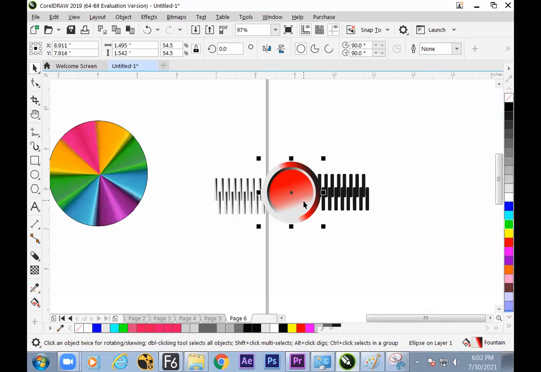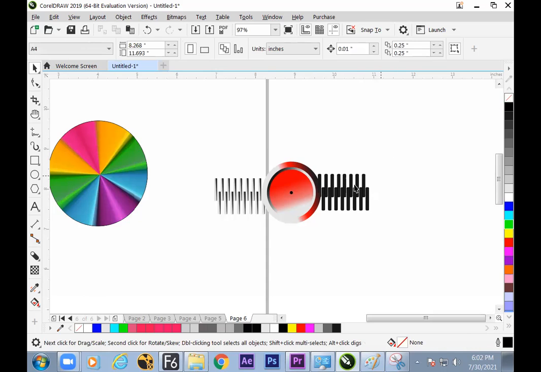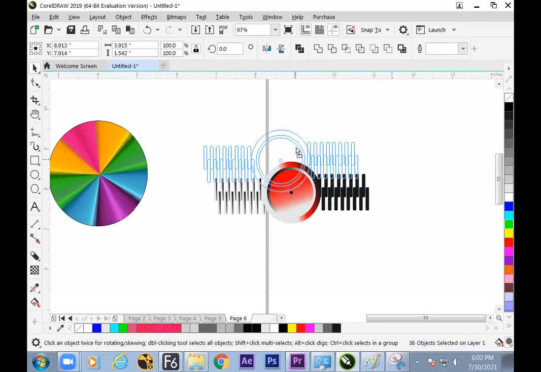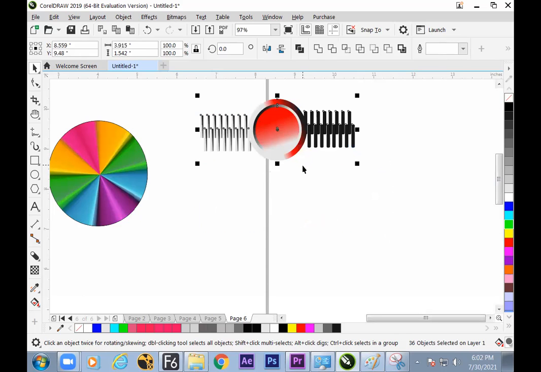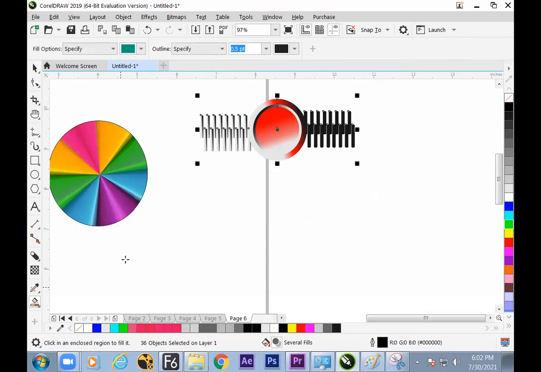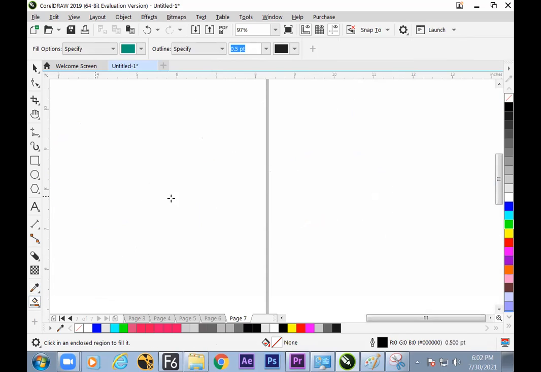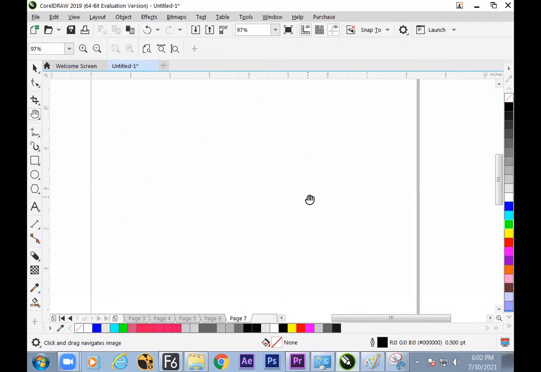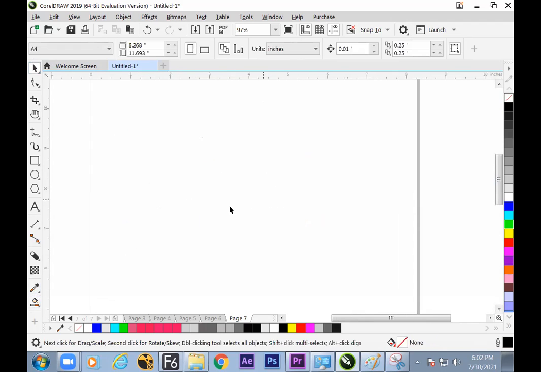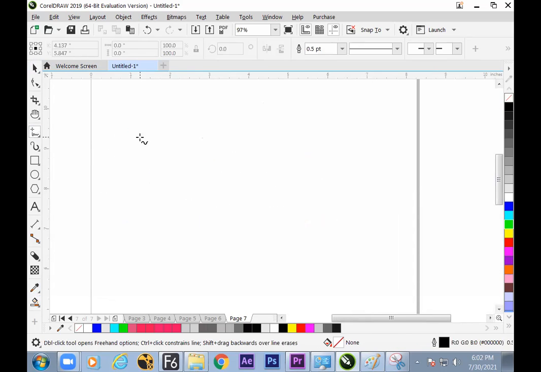Now we have seen the gradient can be filled either by the tool or by the properties. The rest of the design could be added up. So hope this part is clear. Now we'll be moving to the next higher part, smart filler. Very interesting option. Hope the example of the interactive filler is done. We'll now move to the smart filler. It makes the job much faster to fill the color in an open space. Let us understand in a very simplified way.